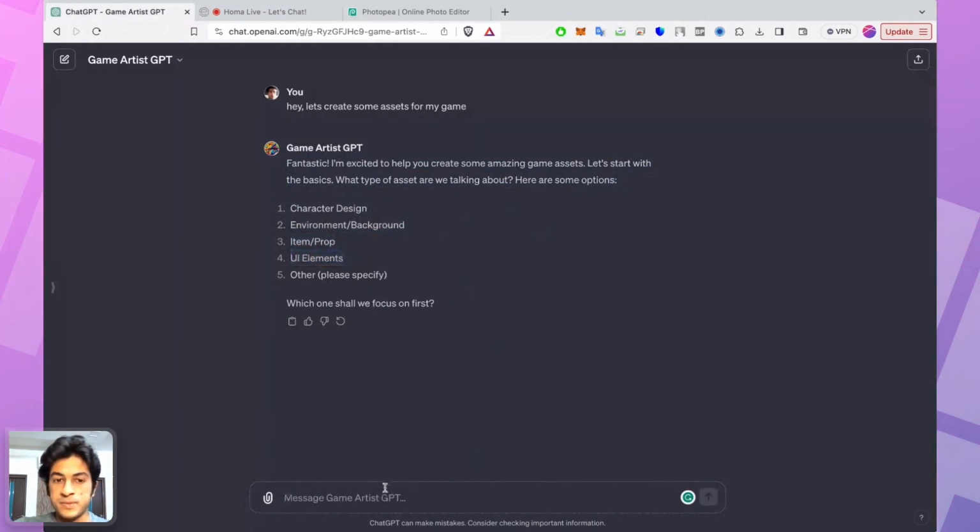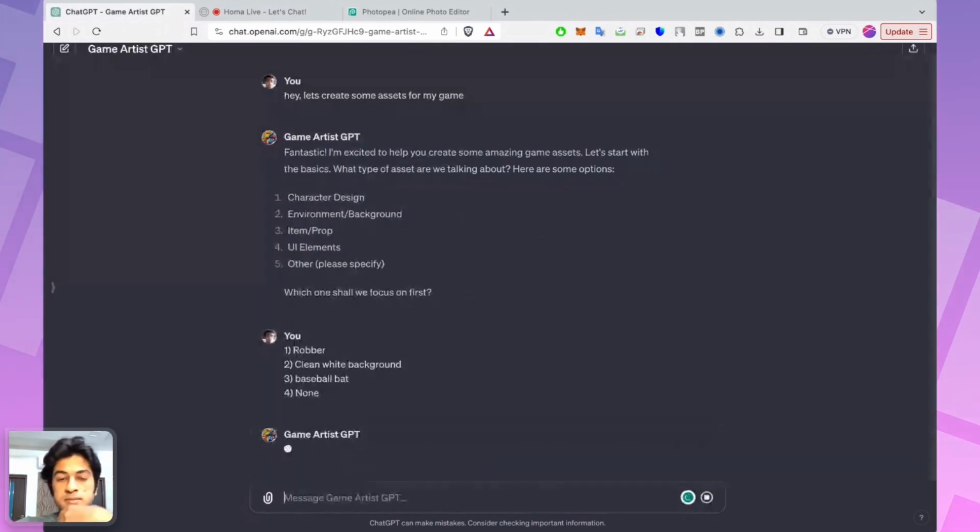So let's just go with character. We need a robber. Environment background, let's take like a clean white background so we can clean it up in Photoshop and extract it into Unity. Item prop, a robber. I think a robber should really have a baseball bat just to defend himself. We don't really need any UI elements, so none for now, and that's it.